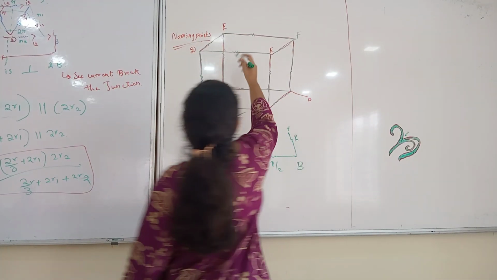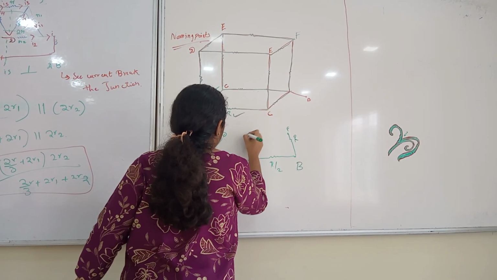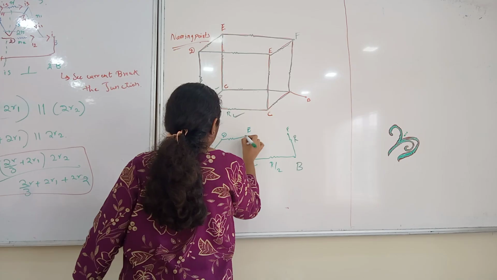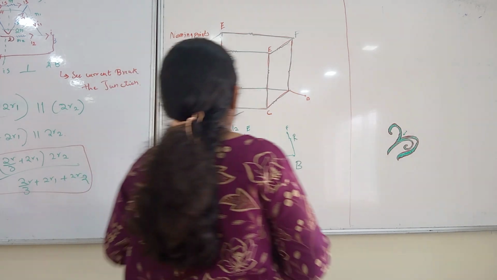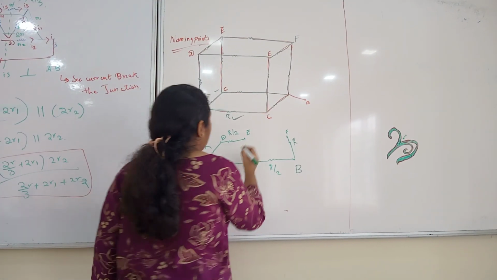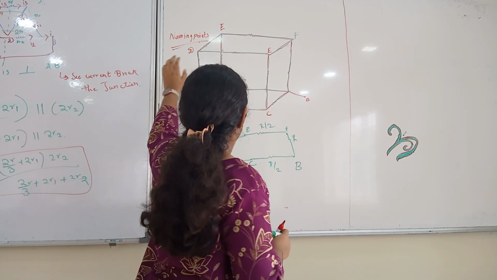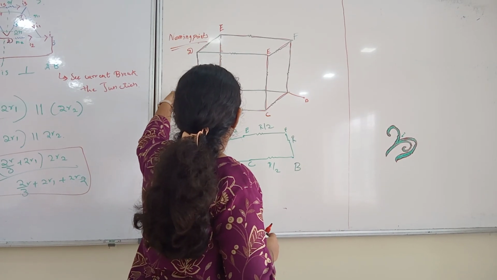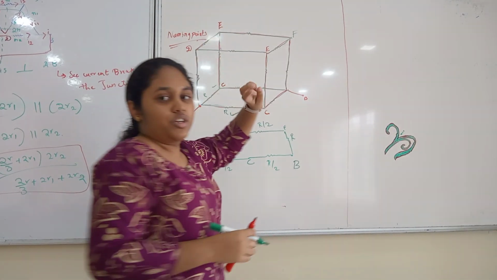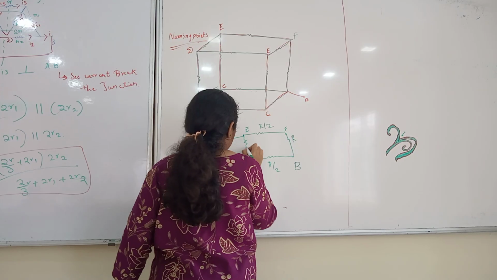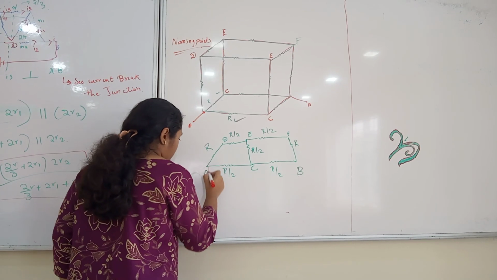From D, a point is there that is 2 DE. So you take a point here. So DE 2 है R by 2. EF भी 2 है. So it is R by 2. And CE, CE, CE. So it is 2. This is R by 2, R by 2. Now we'll connect the battery